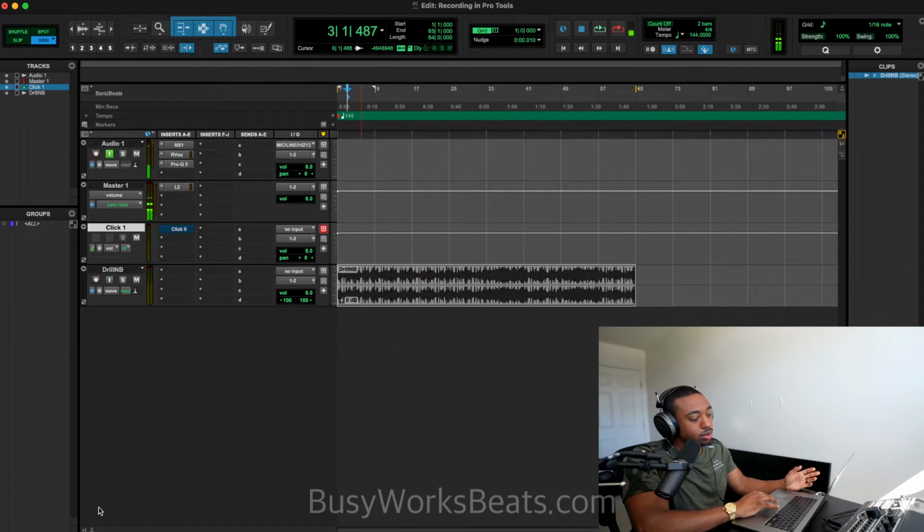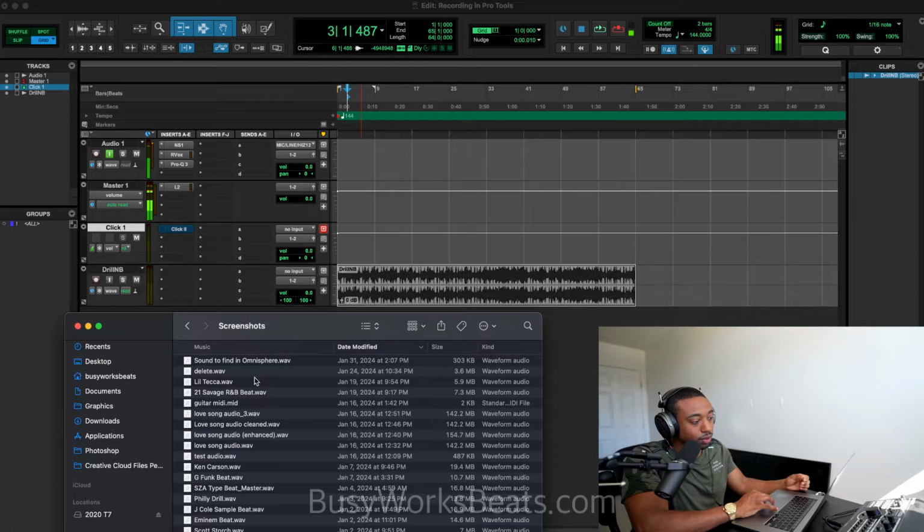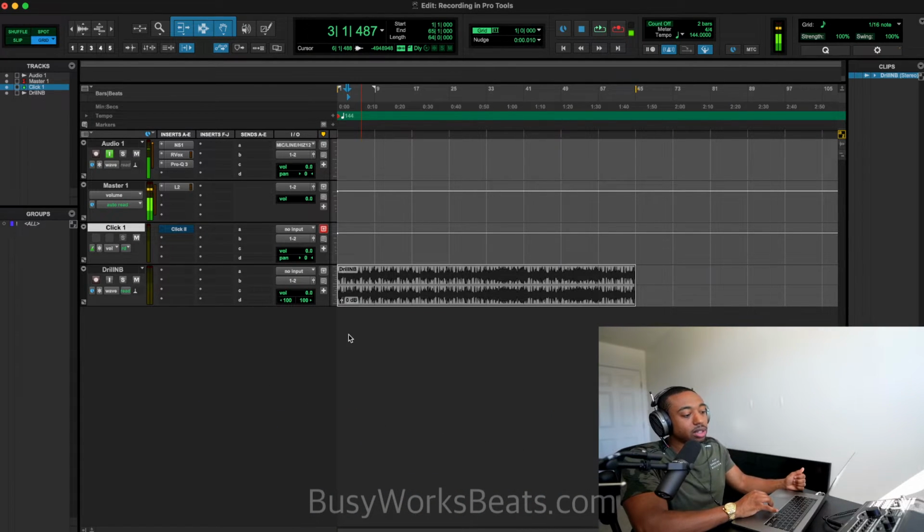So firstly, just drag your file from whatever folder it's in and just left click and drag it into Pro Tools. From here, you want to know what the tempo actually is. So the tempo of this track is 144. So in the top right here, you could double click or just left click and then type in the number of your tempo. So that should match the tempo of the beat.